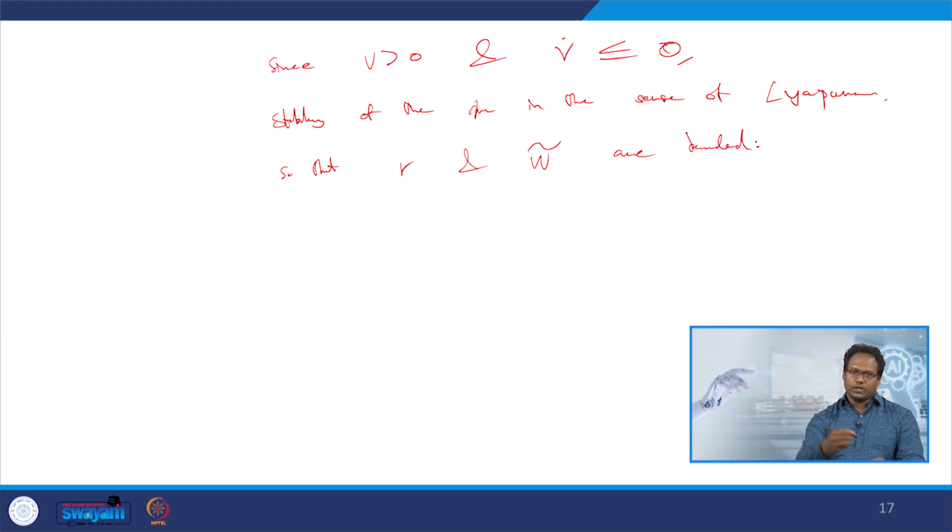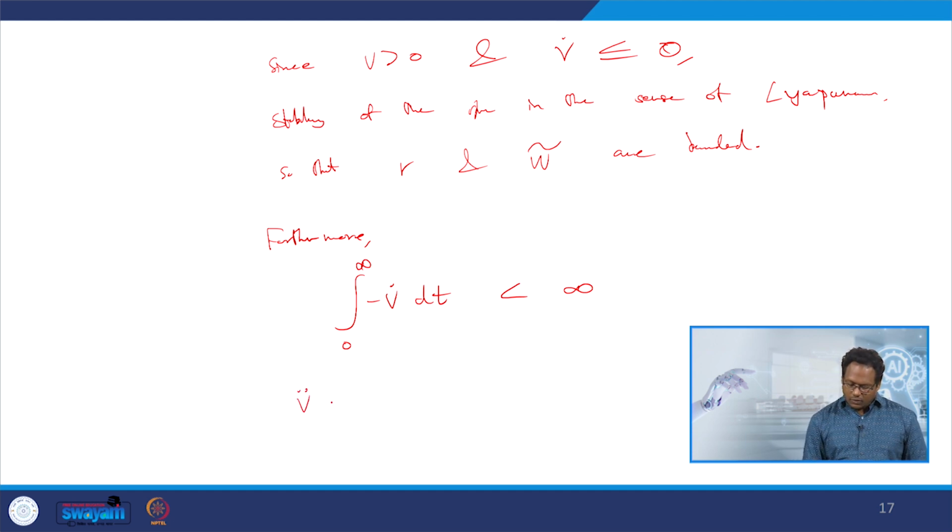Thus, the verification of the theorem. Okay, this is the proof of the theorem. Now, let us see furthermore, integral 0 to infinity of minus V dot dt is less than infinity,